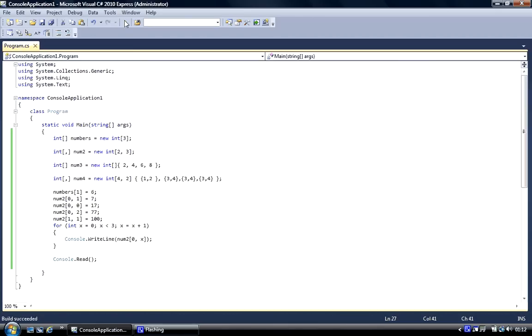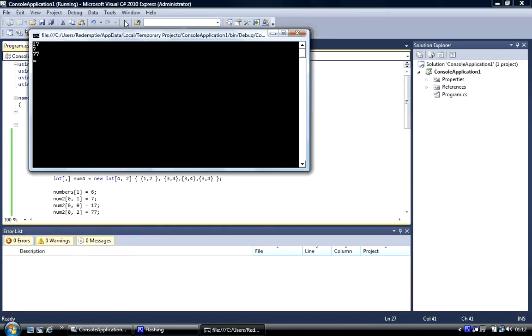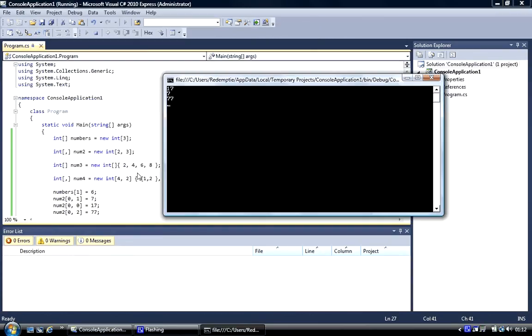So here goes, 17, 7, 77 in the multi-dimensional array,